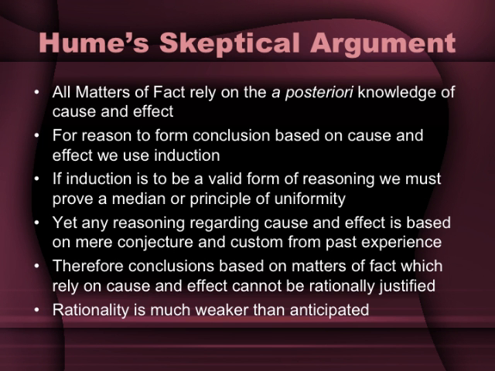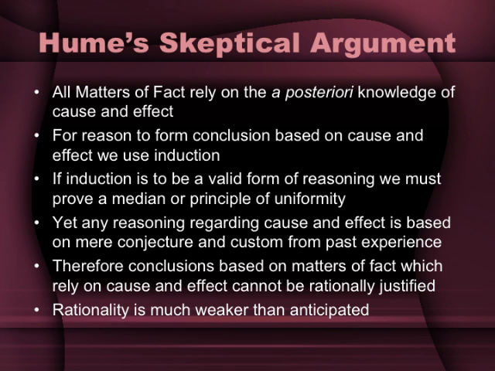The uniformity principle states the future will always resemble the past. Okay? The future will always resemble the past. Prove it. Well, the future always resembles the past because it always has. The future has always resembled the past. If you're going to argue the uniformity principle, you're trying to argue that the future will resemble the past, but then you're going to use the fact that it has so far as the premise to the certainty of the uniformity principle, so you can see its circularity.